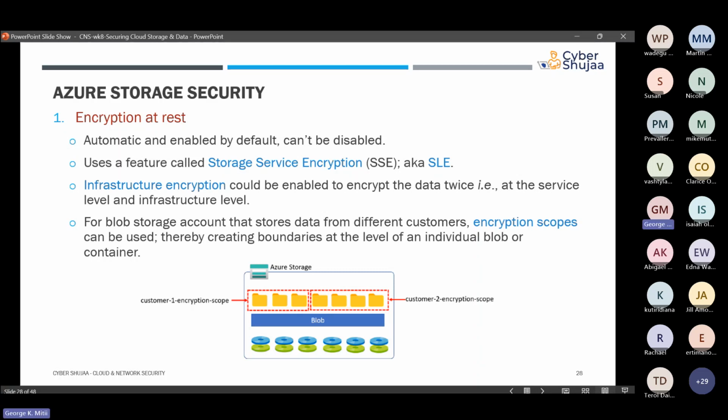Then another encryption approach that you could take to make sure that your data is encrypted at rest is to set up what you call encryption scopes, and this is only supported for blob storage. Encryption scopes could come in handy when, say, you're storing data from different customers within